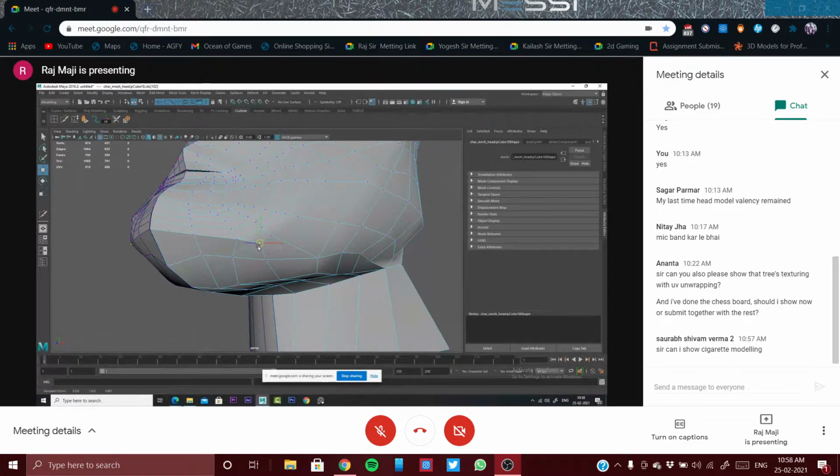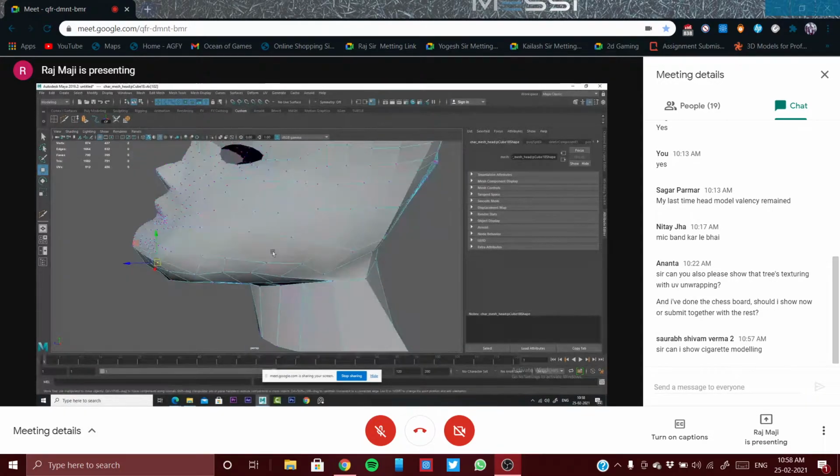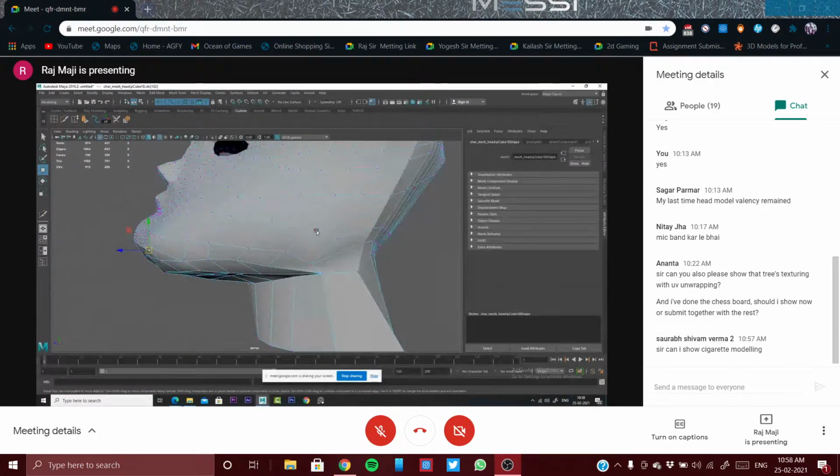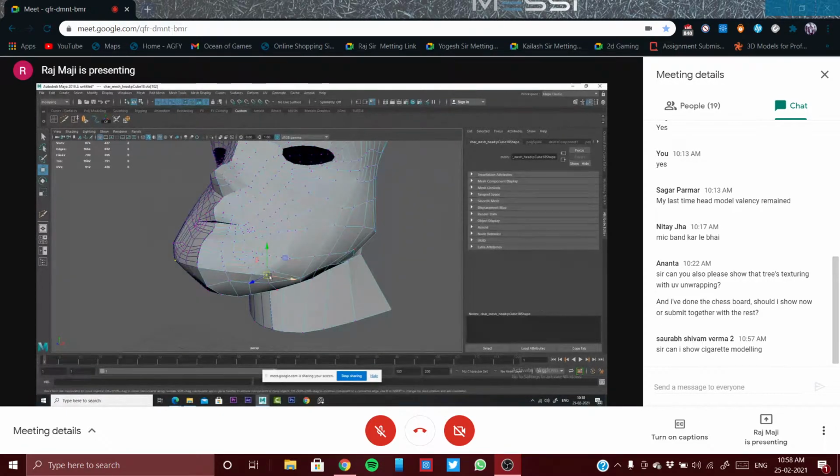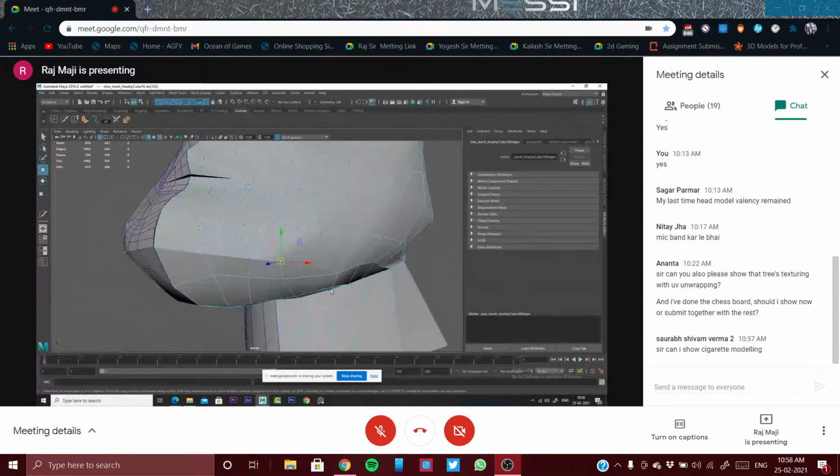No. This 3 valency can be over here. In this there will be 3 valency: one loop, another loop, third loop. So 3 valency will be over here, not over here. Okay, so this vertex is looking problematic.